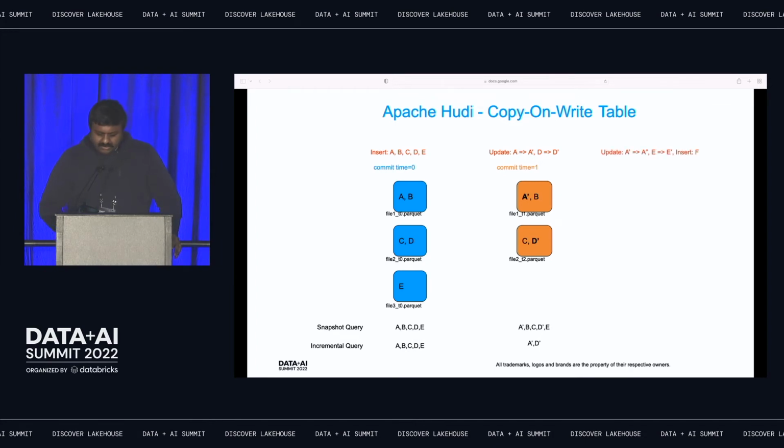Now, in a similar example, you have 2 updates. There's a second batch of records where there are more updates and inserts. And Hoodie is going to do the same thing. For updated records, it's going to read the previous version of the Parquet files, merge with the incoming records, and create the brand new version of the files. For inserts, there are multiple modes. There is one mode where it basically